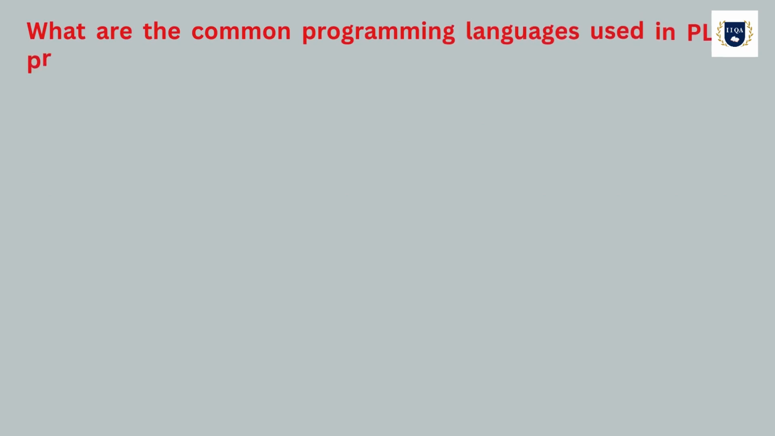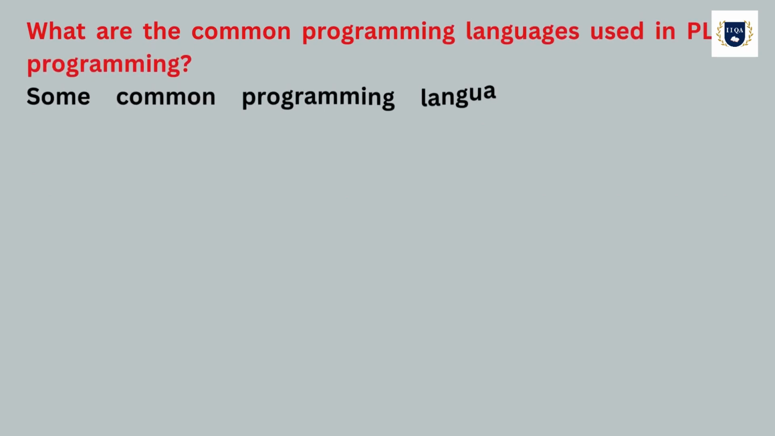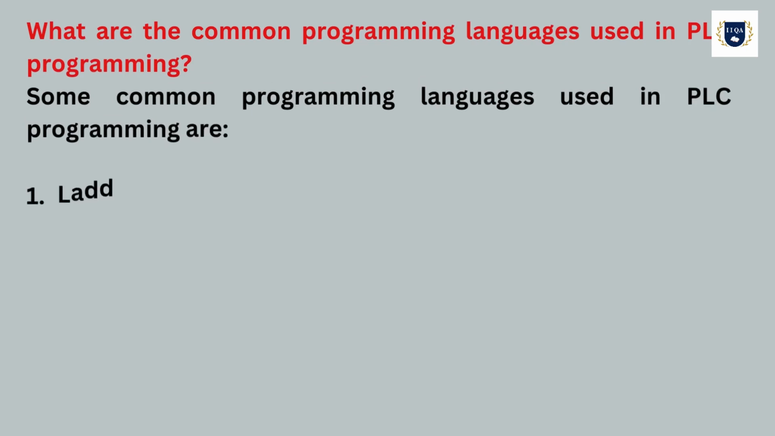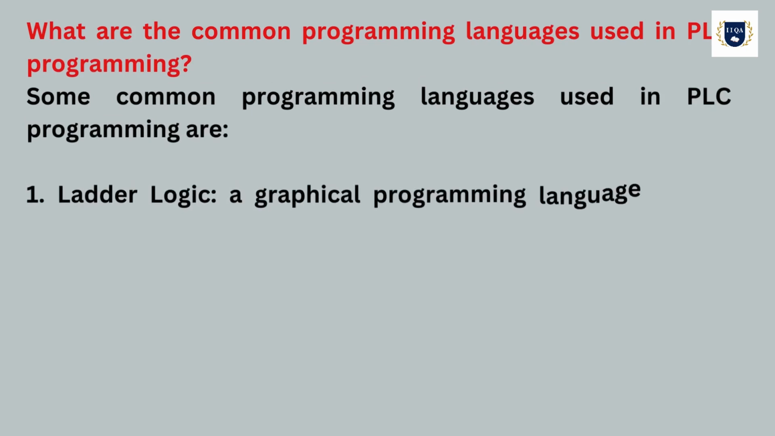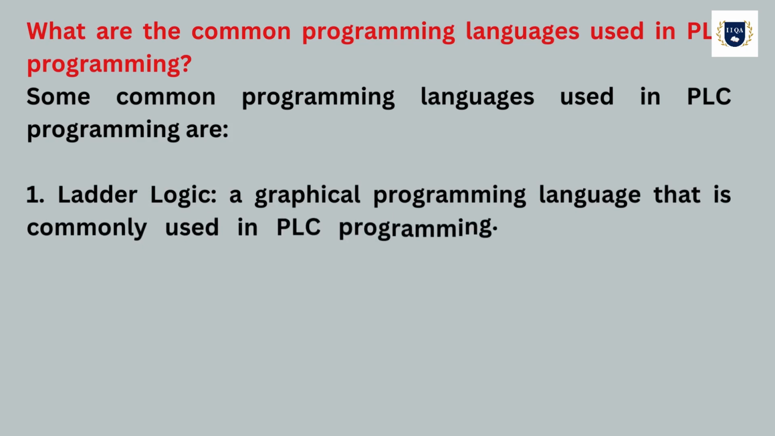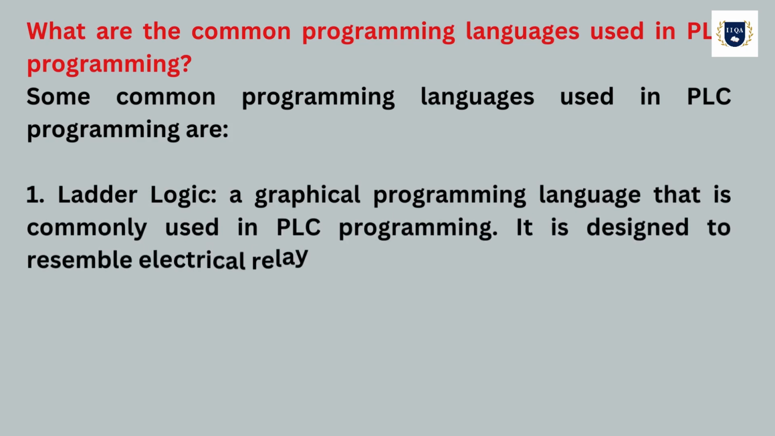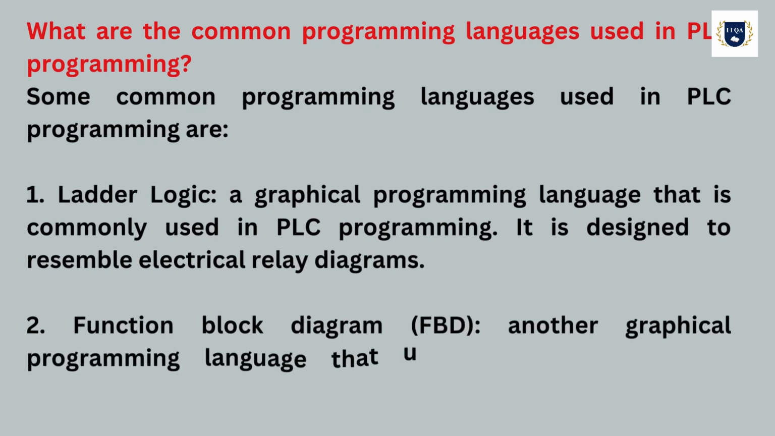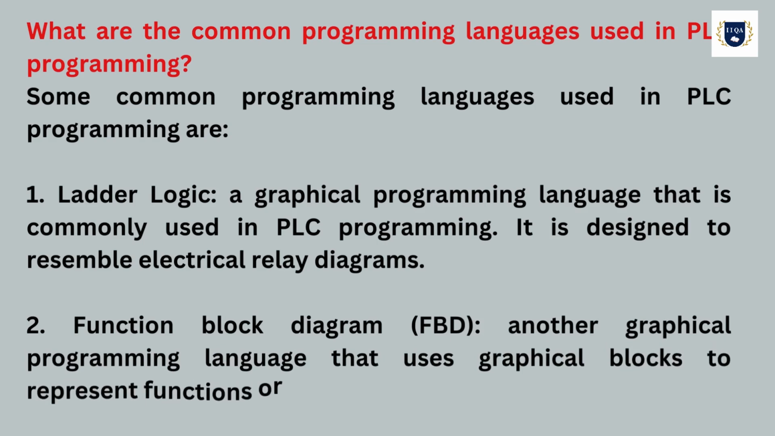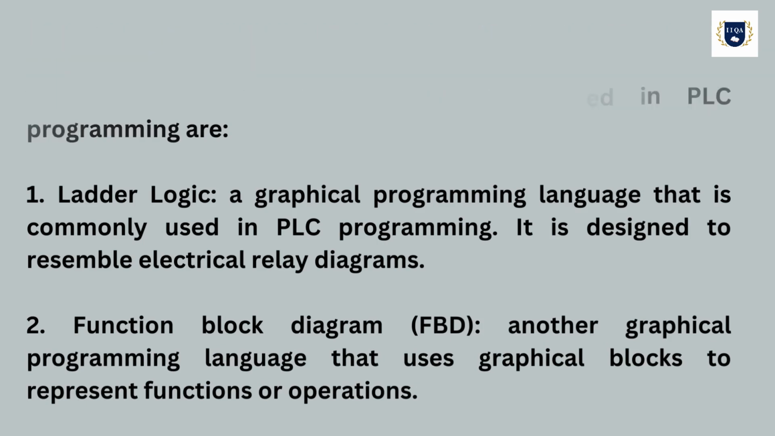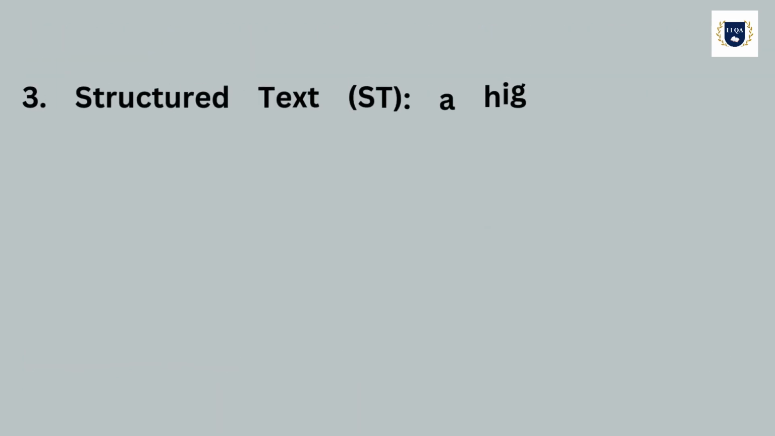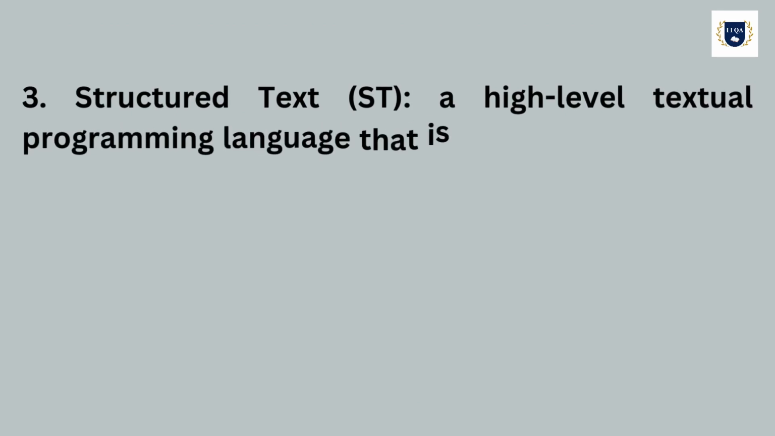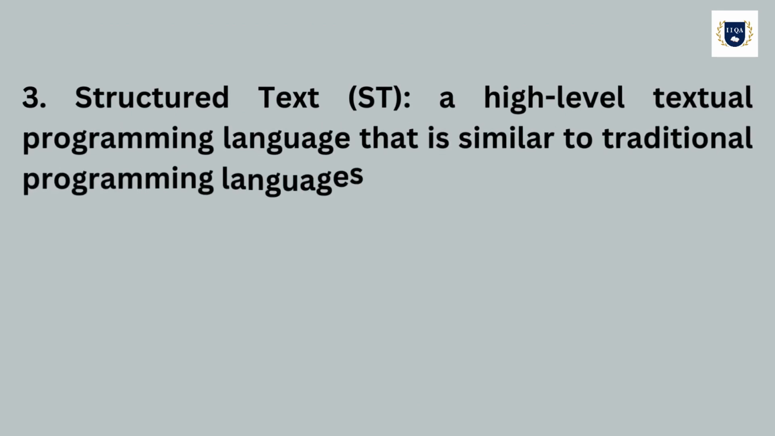What are the common programming languages used in PLC programming? Some common programming languages used in PLC programming are: 1. Ladder logic, a graphical programming language that is commonly used in PLC programming. It is designed to resemble electrical relay diagrams. 2. Function block diagram, FBD, another graphical programming language that uses graphical blocks to represent functions or operations. 3. Structured text, ST, a high-level textual programming language that is similar to traditional programming languages such as C or